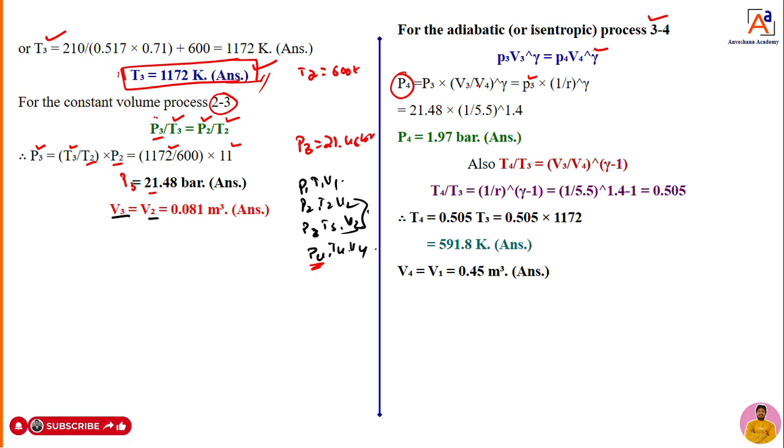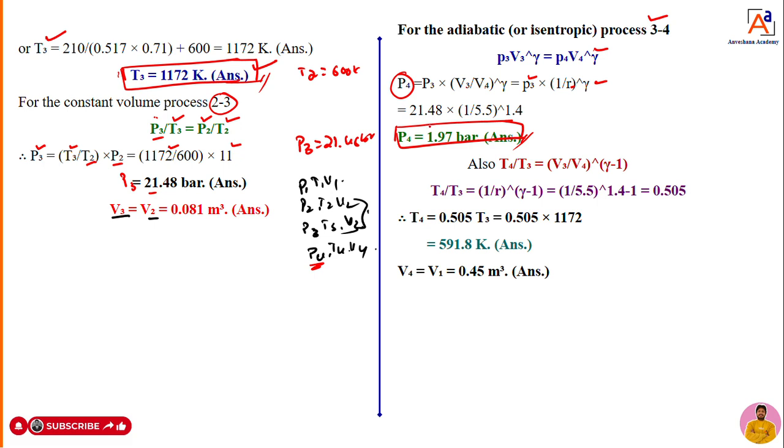P3. What is V3 by V4? That is the expansion ratio. But V4 by V3 is the expansion ratio, and here it is V3 by V4. So I will make it 1 divided by R, to the power of gamma. Do simplification. You are going to get the value of P4 as 1.97 bar. Dear students, we can compare P3 and P4 also, because P3 and T3